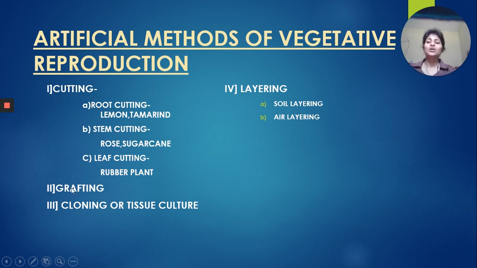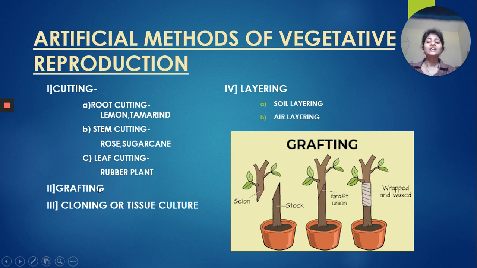Next one is called grafting. Grafting is the technique in which two plants are grafted to behave as one common plant. This process is done where there is a very poor root system in one of the plants, and the root cannot grow very nicely. In that problem, this grafting technique is done in which two plants are grafted, and one point is kept in mind: the cambium of both plants should be in close contact with each other. Then grafting will be useful.